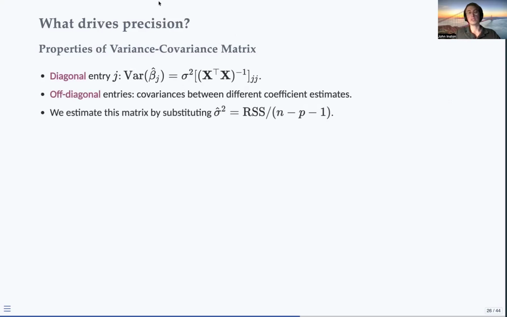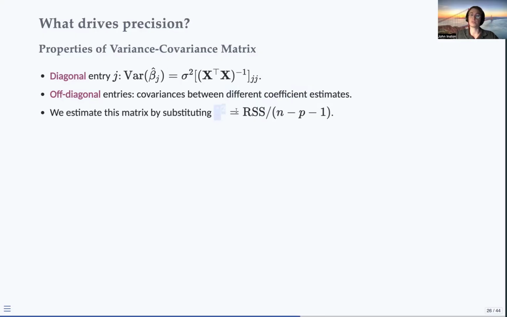So just some quick properties. The diagonal entries obviously give the variances of each of these parameters. So this is very helpful for the sampling distribution. Off-diagonal entries give these covariances between the different coefficients. So you can use this matrix to understand the relationship between the different parameters and how they vary with each other. Often we obviously need to estimate sigma squared, so we can substitute in this sigma hat squared, which we've looked at deriving in previous lectures